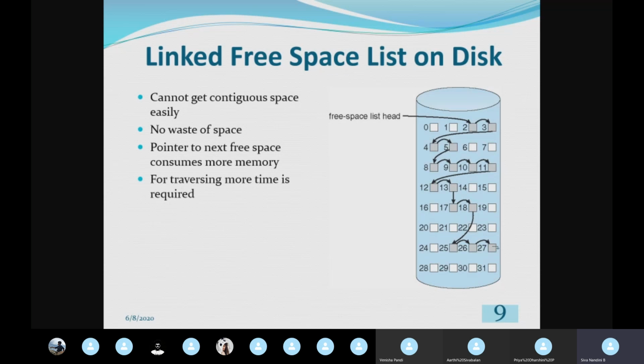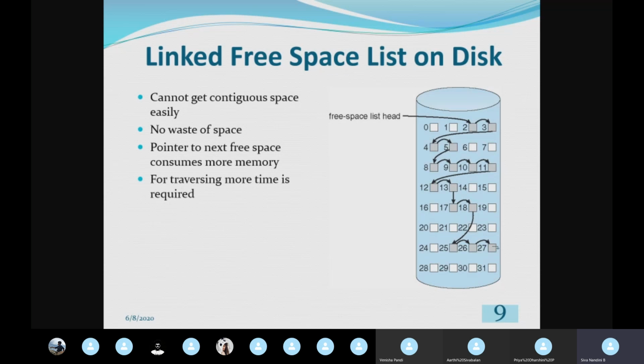In the disk storage, there are 500 logical blocks in total. If 100 of them are free and I need to occupy the file content in the 99th logical block, I need to traverse from the first logical block to the 99th logical block. So the traversing time is somewhat more in this linked free space management technique.